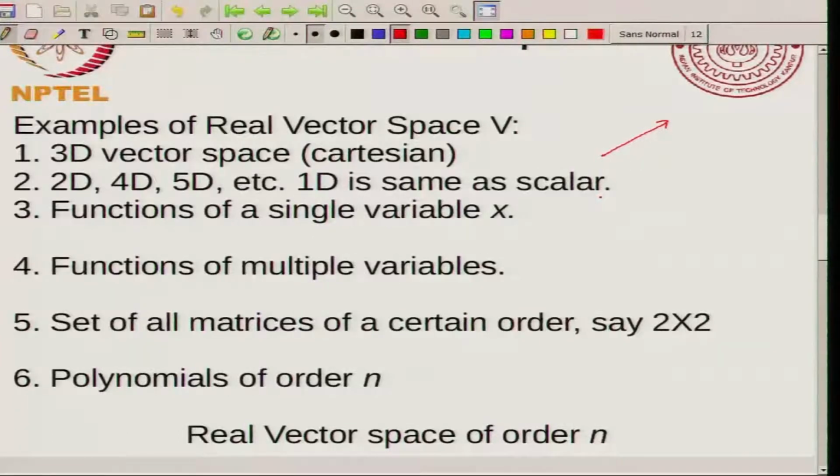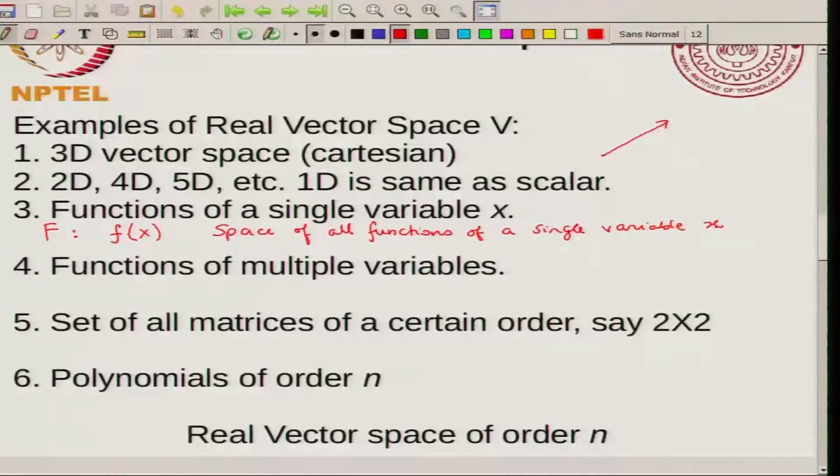Now you can also have a vector space consisting of all functions of a single variable. So suppose you take some function of x and you take the space of all functions. So f is the space of all functions of a single variable x. So you imagine that you take any function of a single variable, that is a member of this space f, and it is easy to show that f is in fact a vector space,